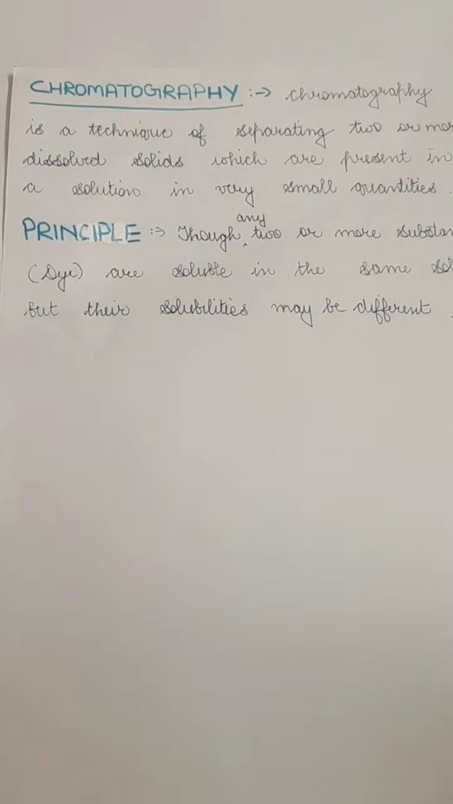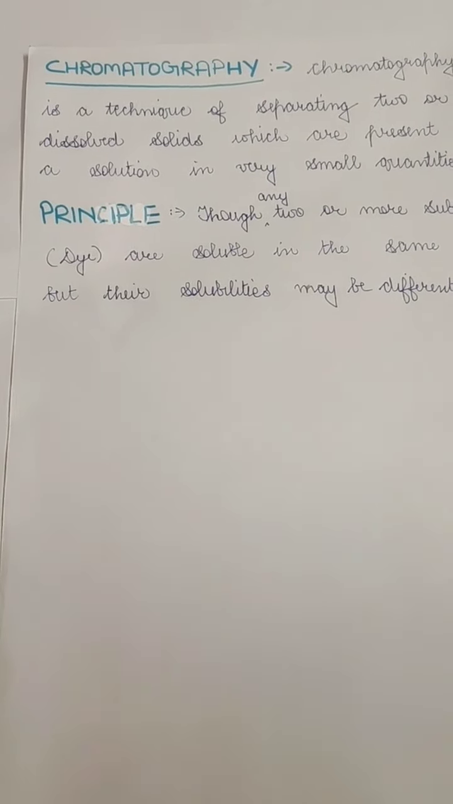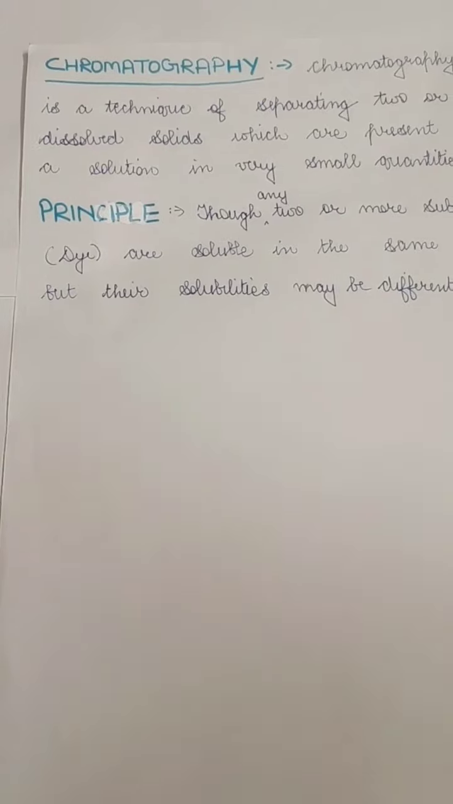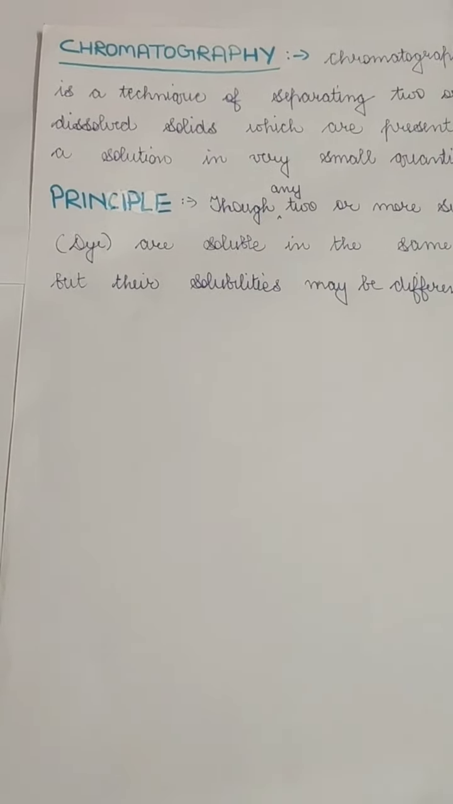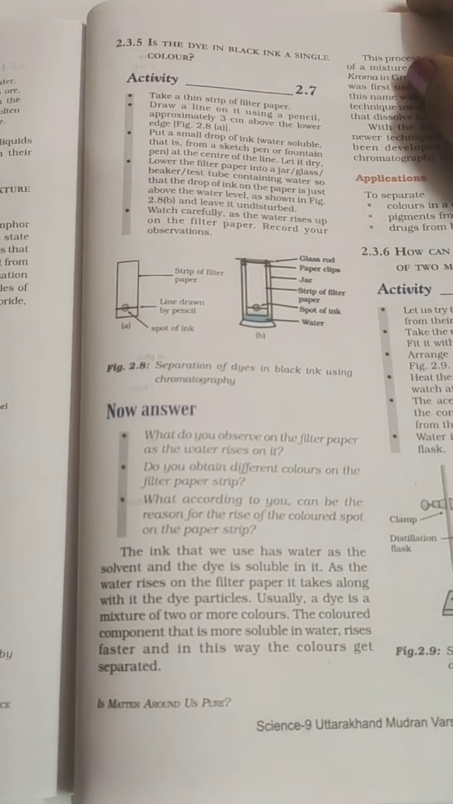So when the paper which we're going to take for the chromatography is wet, along with that the dye also dissolves in the water and starts moving up with the water. The different colored dyes have different solubility, so they will dissolve at different speeds and they will travel to different levels with the water. I'm going to explain this with the help of your NCERT book. In your book it's clearly mentioned, here, activity 2.7. So in this activity